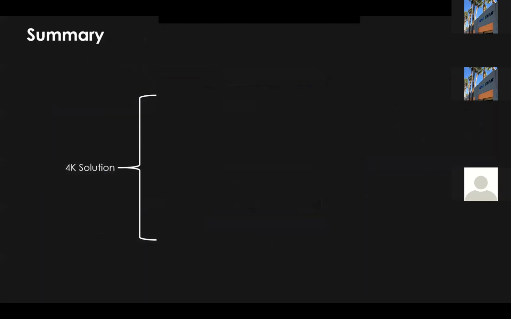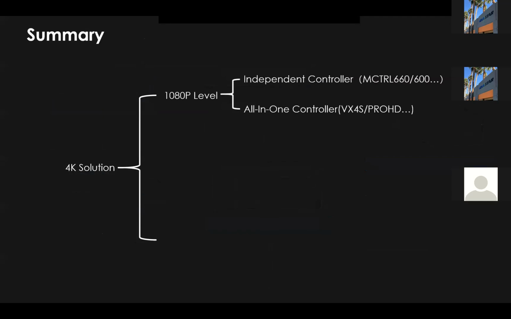All right, let's say this is a summary of the 4K projects. First, for the 1080p level, Full HD level, independent controller, we have M Control 660 and 600. For the all-in-one controller, we have the VX4S or Nova Pro HD.